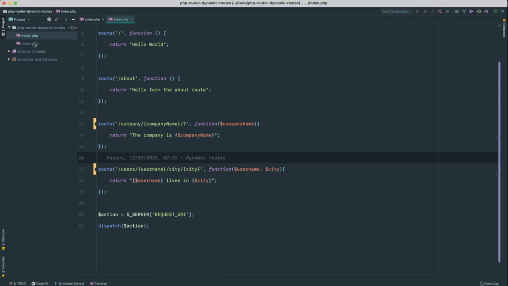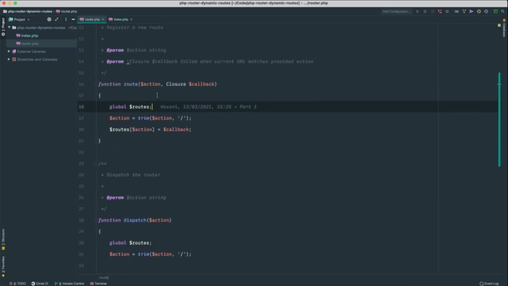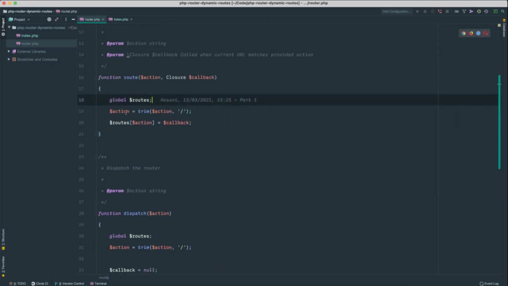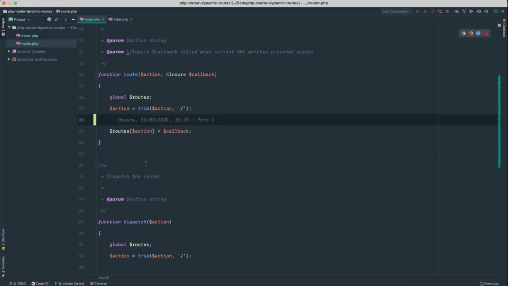Okay, so we need to add literally one more line to our router to allow for this, and we can do this here in our route function, just after we remove slashes from our route. So let's see how we can do that.